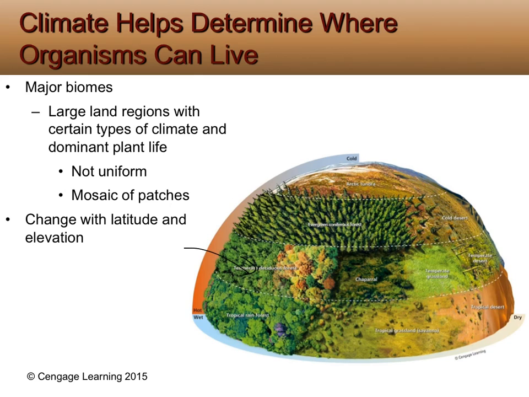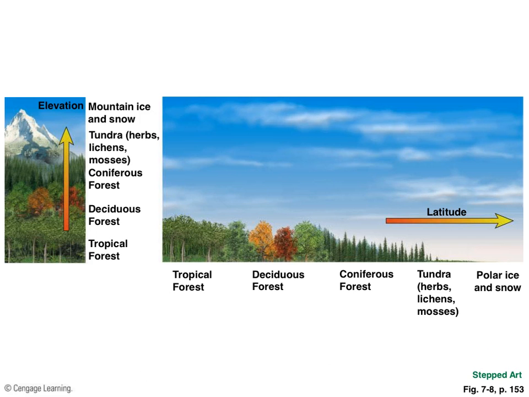Temperate deciduous forests tend to be in the middle latitudes. Where we live, it's about 45 degrees north latitude. That's a mid-latitude. As we get north into Canada, we get things called boreal forests or taigas. And as we get toward the equatorial regions, of course, we tend to get tropical rainforests. We'll break that down later. And you can see a little picture here that represents this. As we get near the equatorial region, we get tropical forests. As we get away, we tend to get deciduous forest, coniferous forest, tundra, and then eventually polar and ice like in the North Pole. And of course, that happens in the opposite effect in the southern hemisphere.